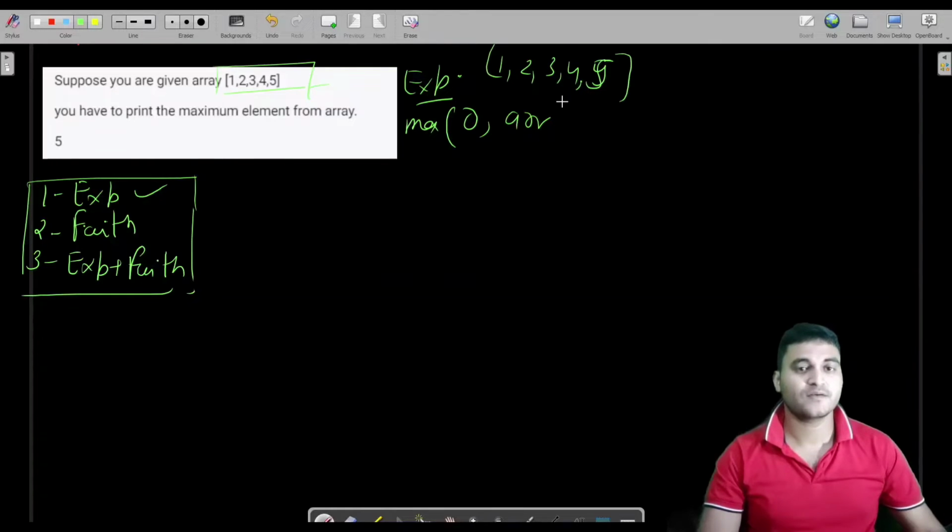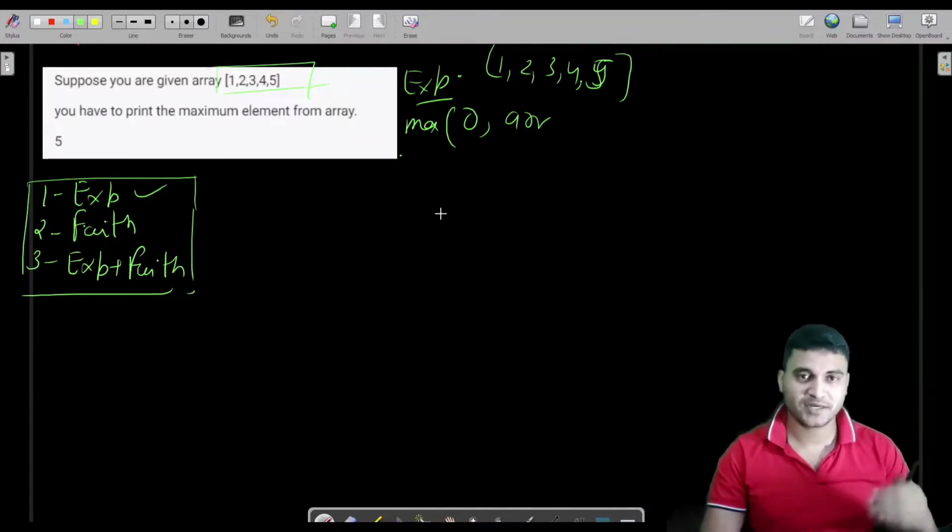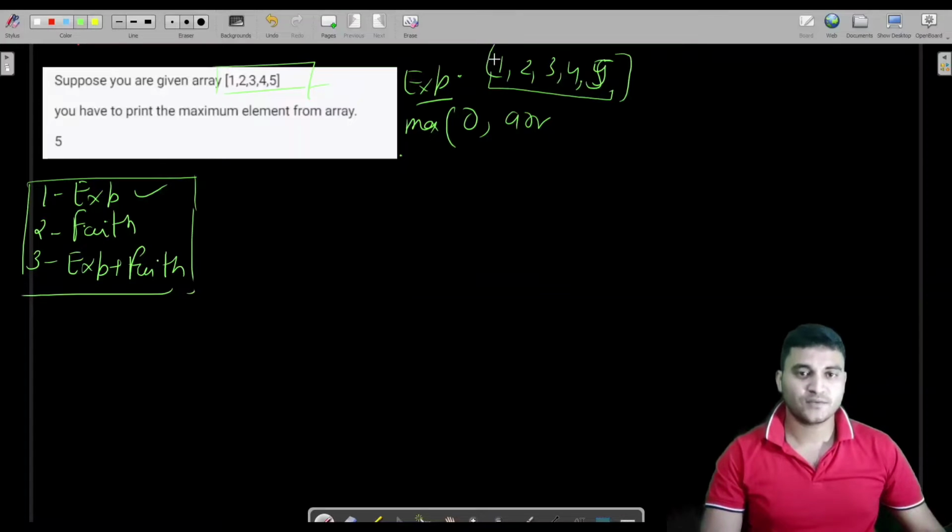Now from here the type of question is changing. Till now what you have seen is print increasing, print decreasing, calculate factorial, but now the type is changing a little bit, though the strategy would be the same. Max of 0 comma arr, what is the expectation from it? It will compare all the elements of this array, from 0 to the length of the array minus 1, and get the maximum and return it.